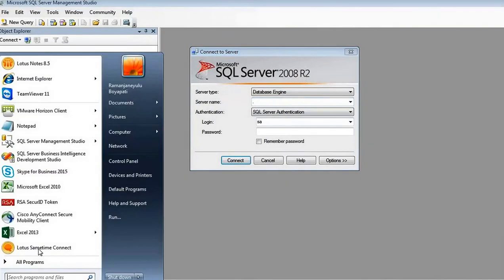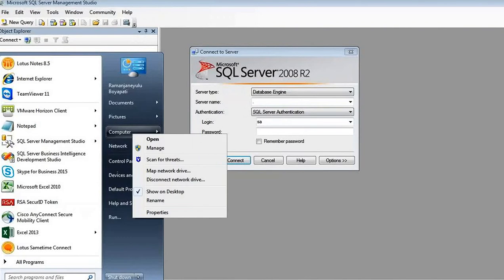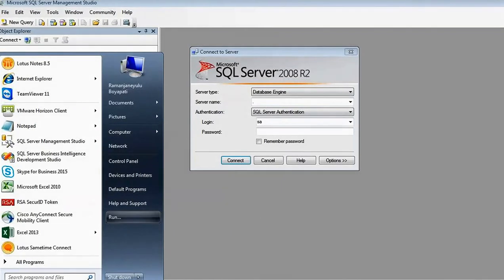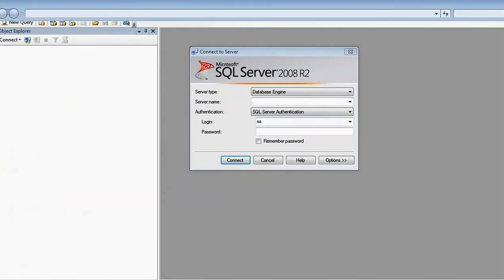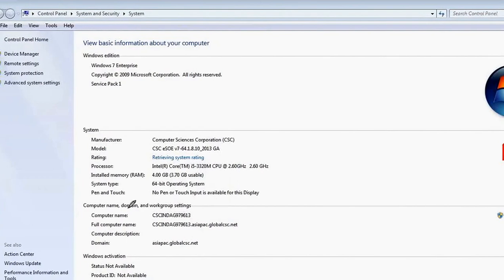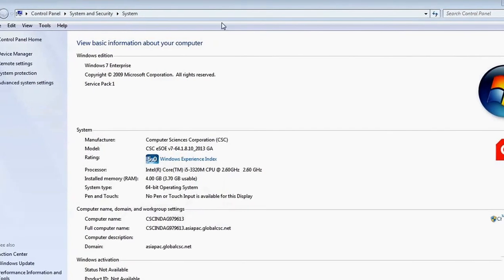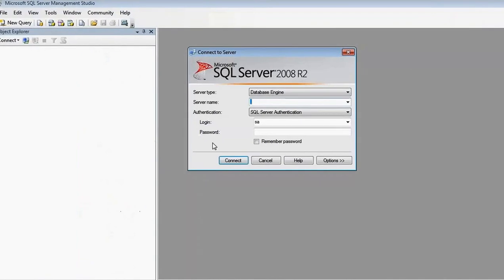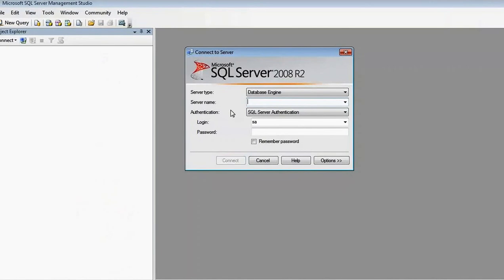How to find out the computer name? Right click, go to Computer Properties. This is your computer name. That computer name you have to give there. If you don't know your computer name, you just put a simple dot, that will take the default one.